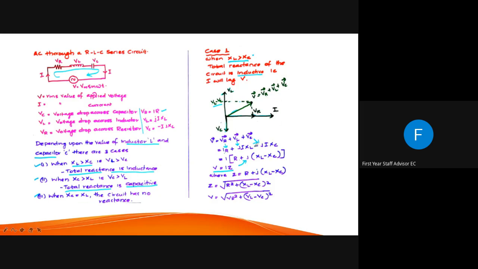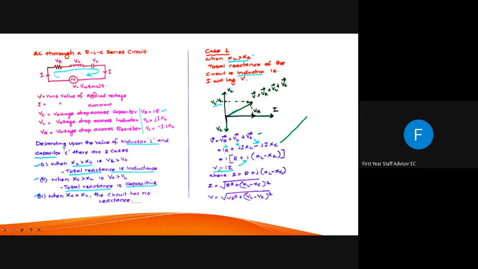Okay, now what we have to do is, we have to write the expression. We have the vector equation. So instead of VR, you write I into R. What is VL? J I XL, because it is current into inductive reactance and it is in the imaginary plane, minus J into I XC. And you can take I common. So from the above equation, I am taking I common: R plus J (XL minus XC),